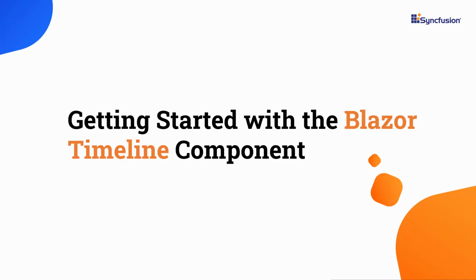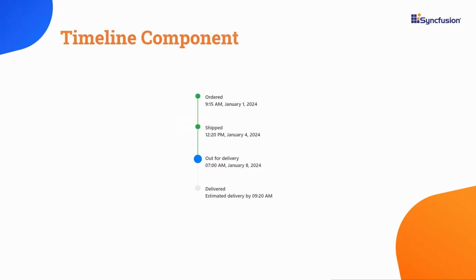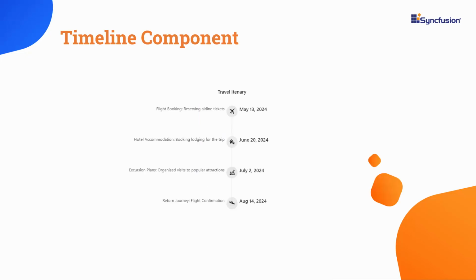Welcome to the Blazor Timeline tutorial. Here, I will show you how to get started with the Syncfusion Blazor Timeline component. The Syncfusion Blazor Timeline displays data in chronological order, offering a visually compelling and user-friendly experience to showcase user activities